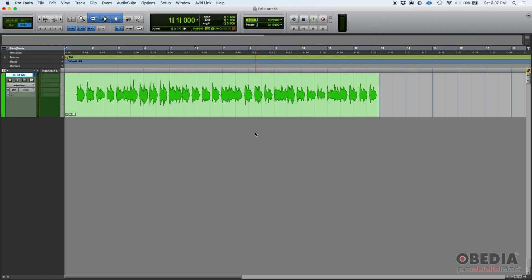So when do you use sends? Well, you use sends when you want to route a signal or a copy of a signal to another device. For example, when you want to route a dry guitar sound to a reverb unit or a dry vocal to a reverb unit. You typically use sends when you're doing parallel